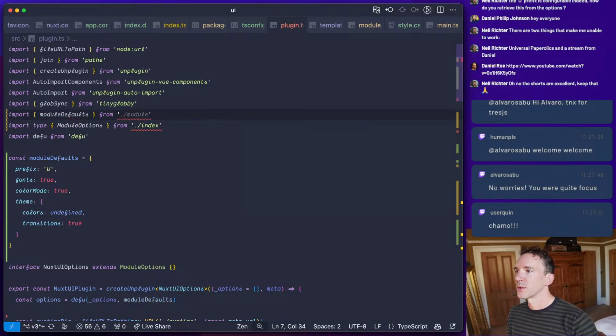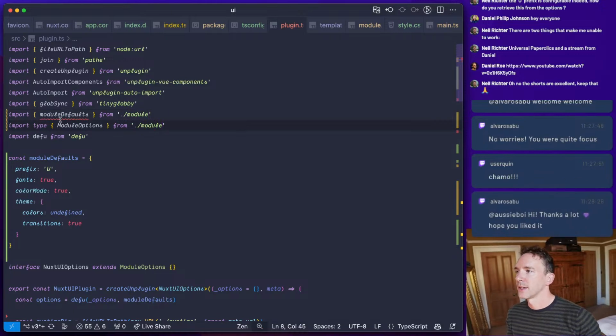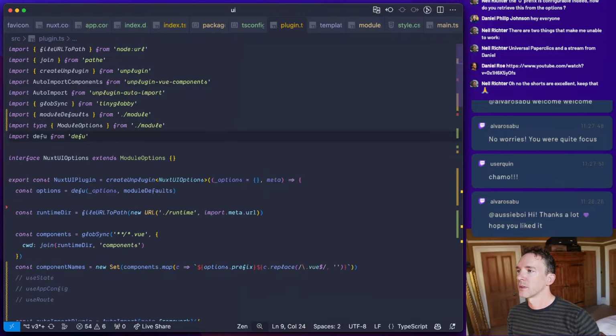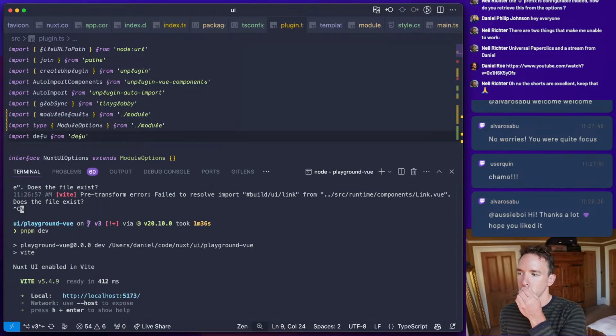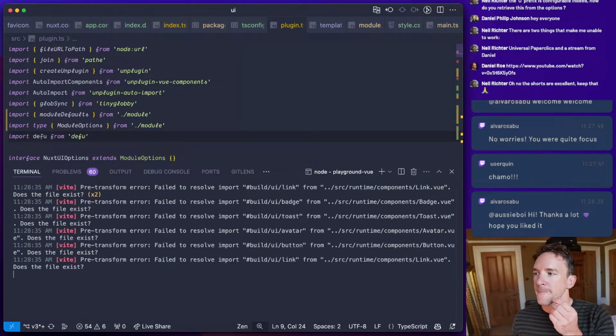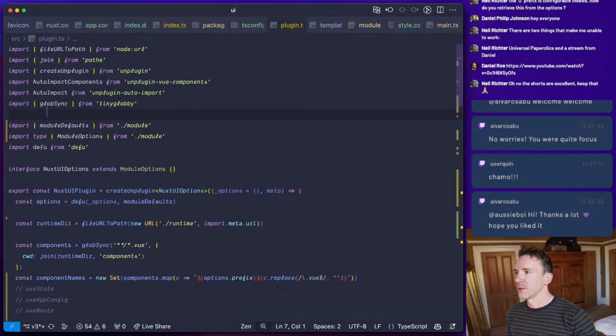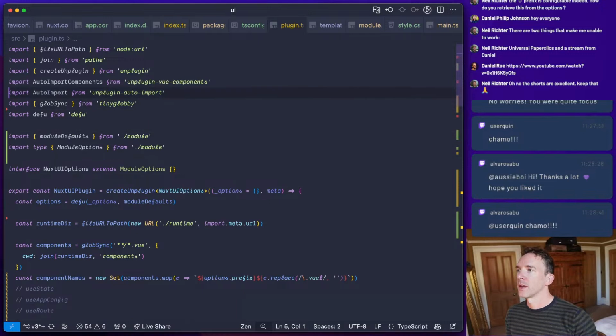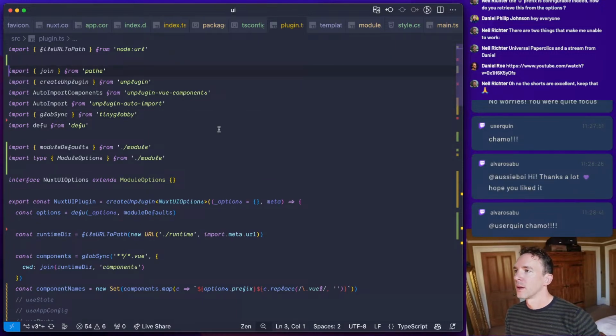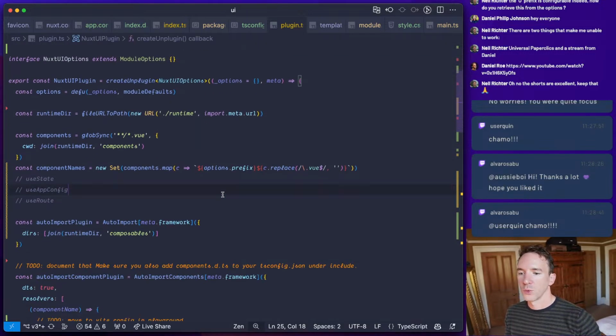Because we're in the source, oh no, module. Let's try that. Let's see if that works. Yeah, okay. That is what we were meant to do. Cool.